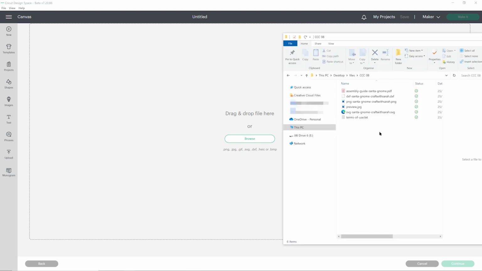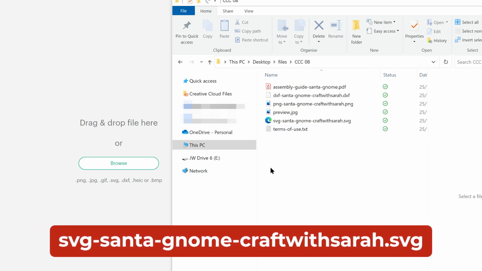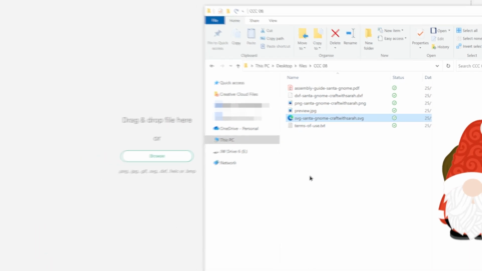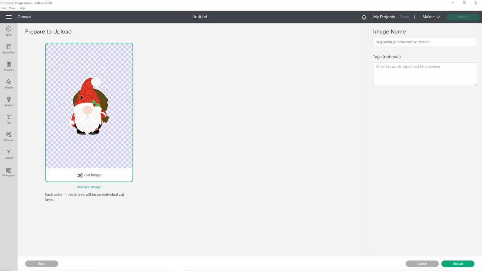The file to choose inside the unzipped version of your download folder is the one which starts SVG in the file name. I'll click and drag that in, and then it should look like this with all of the layers one on top of the other. If yours looks different and you see the layers next to each other instead, that means you've accidentally uploaded the wrong file type. So if that's the case, click Cancel down here on the bottom, try again, and make sure you choose the one which starts SVG. But if yours is looking like mine is, go ahead and press Upload.